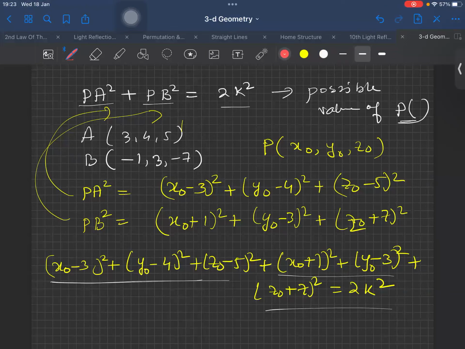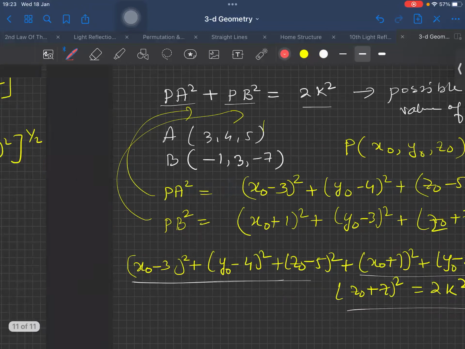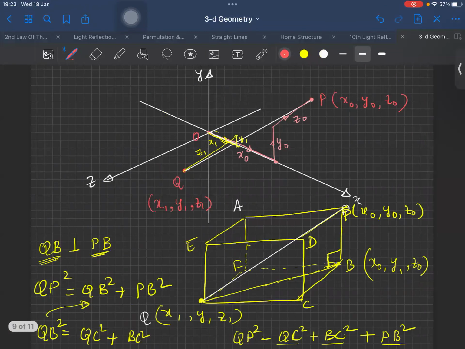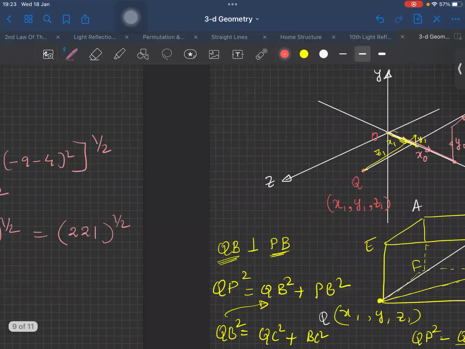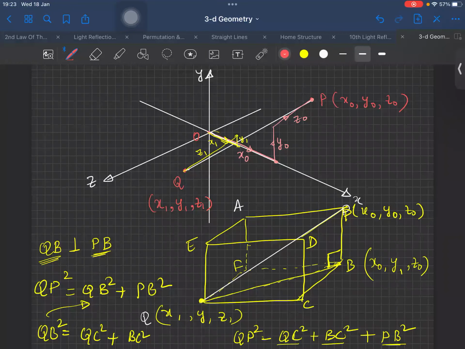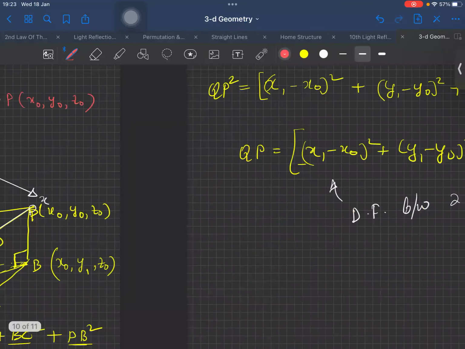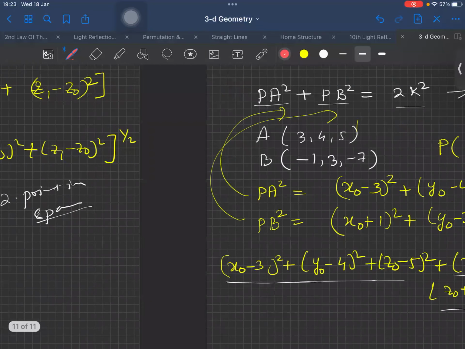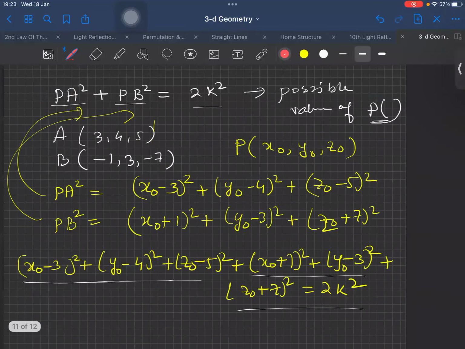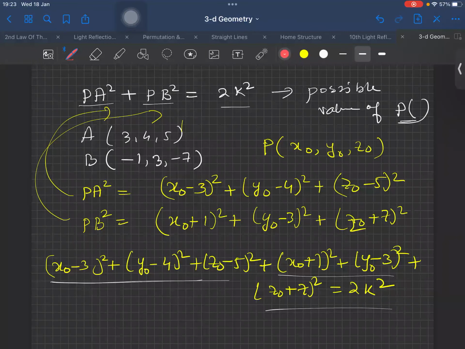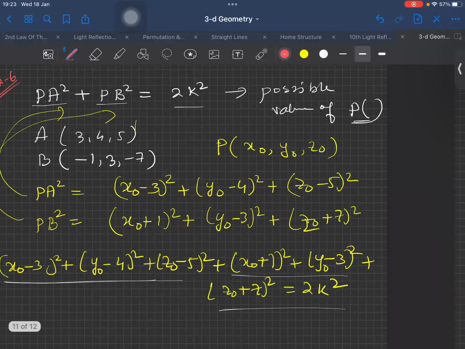I understood. You understood? See, I know it was a little hazy here in the proof of this formula. Just go through it once. I'm not able to draw a 3D picture here, and probably it might not be clear, but just go through it once and I'm sure you will be able to understand. The proof of this formula is exactly similar to the proof in the 2D plane. Just you have one more axis. See, this is example number 6 of your book. Let's come to the exercise.